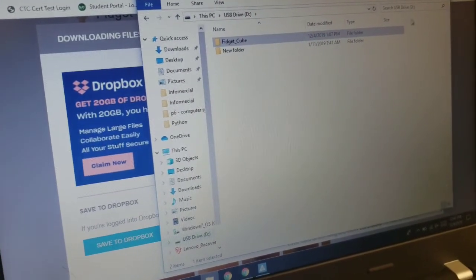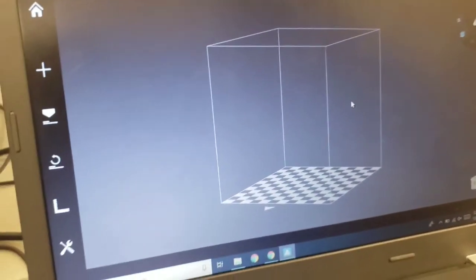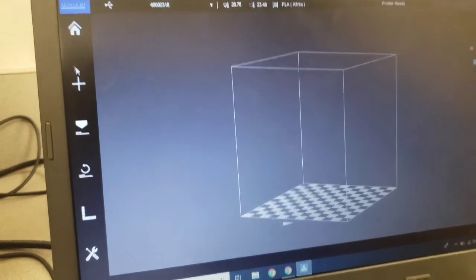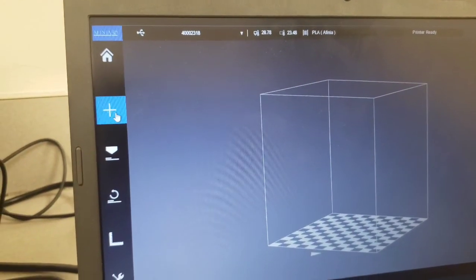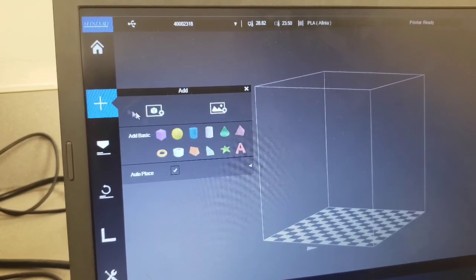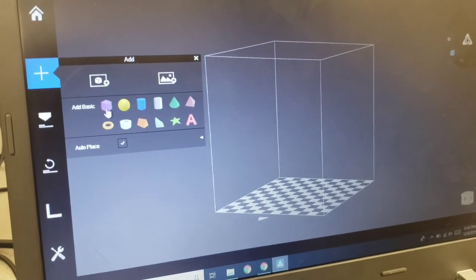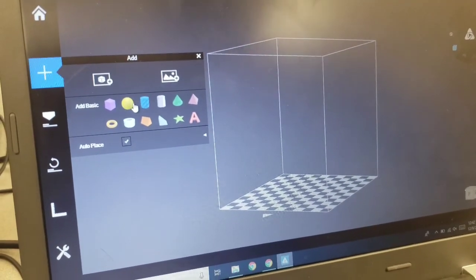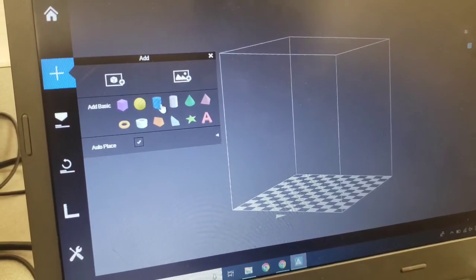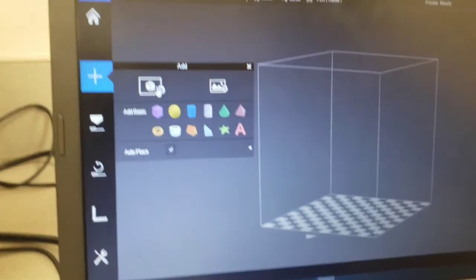Alright, so now I'm just gonna minimize everything, go back to Afinia 3D. We're gonna go to the plus sign over here, which is add. Click on it, and as you can see, you can print out the basic products here. You have a cube, a sphere, a cylinder, I believe, and a couple other shapes. So in our case, we're gonna click add 3D model,